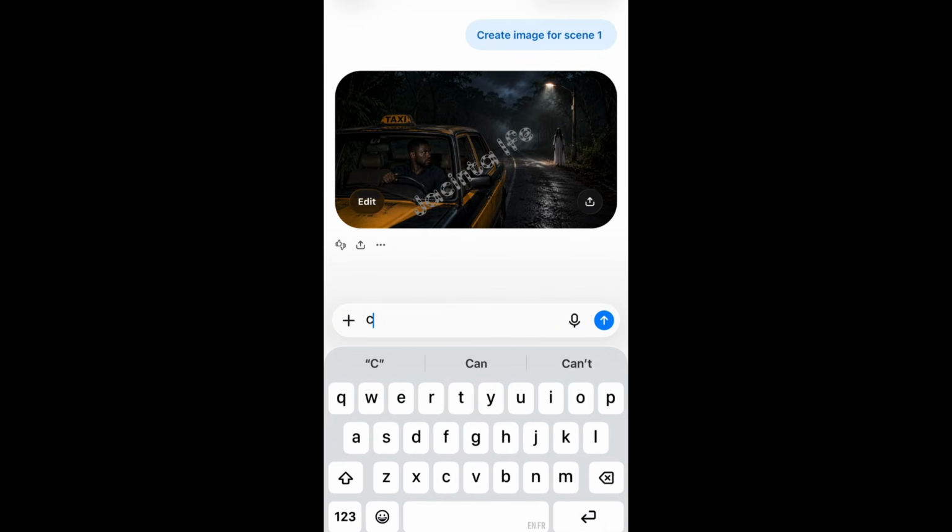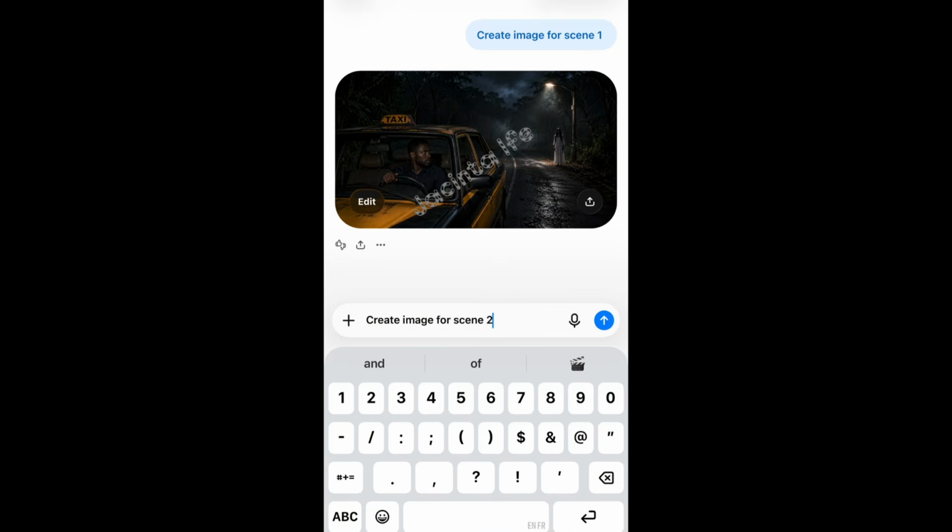So let's go create image for scene two. Let's hold on and see what it gives us.